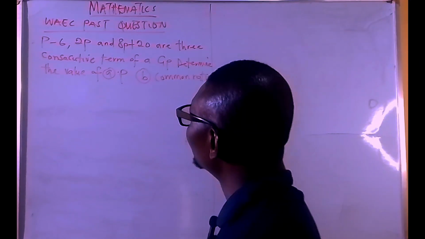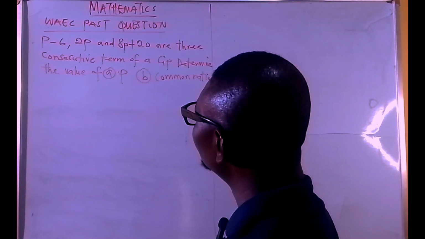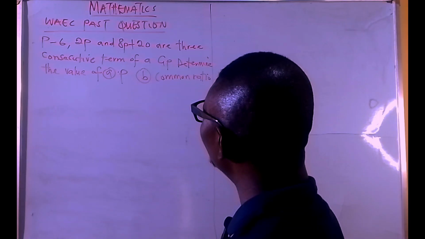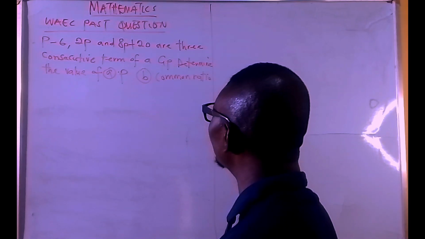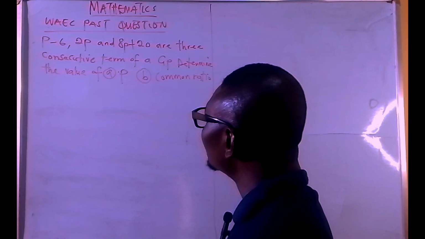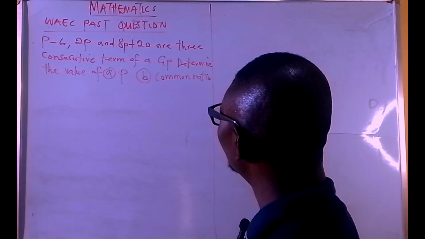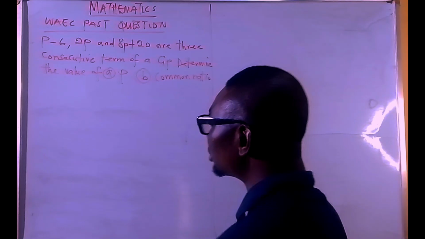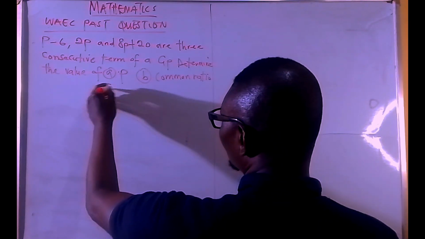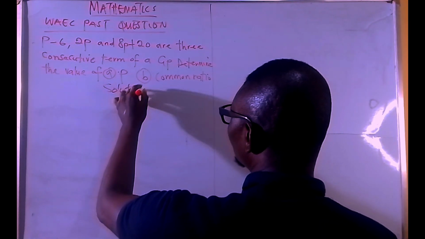Let's solve this question. P minus 6, 2P, and 8P plus 20 are three consecutive terms of a GP. Determine the value of P, and also the common ratio. So to solve this,